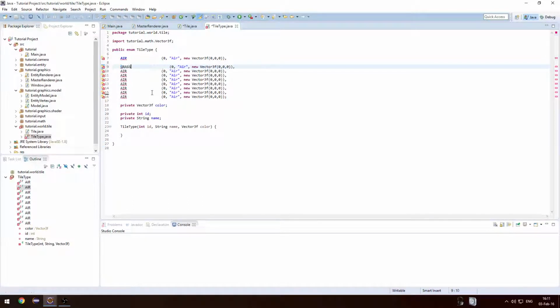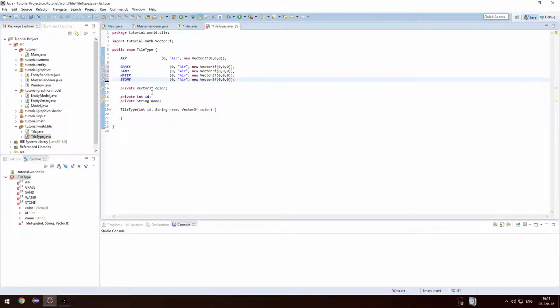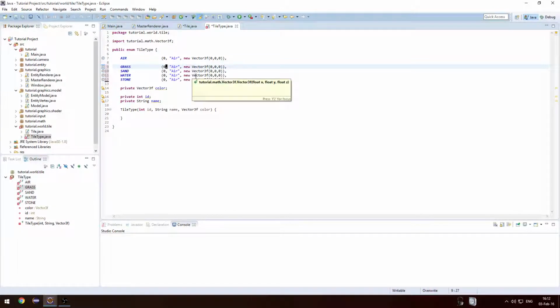Next, grass, sand, water. Let's make some dirt. No, we'll make the last one stone. And make sure that the last one closes the array off with a semicolon. And let's change some of these arguments. 1, 2, 3, and 4. The name of the stone will be stone. Easy. Water,